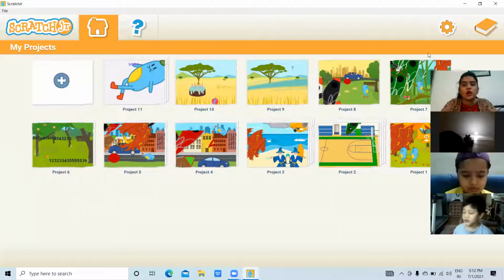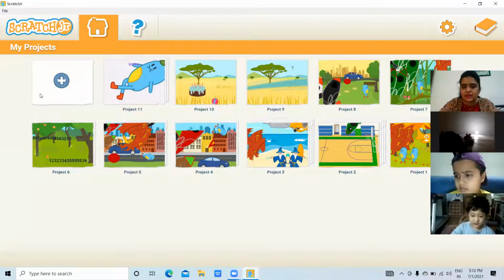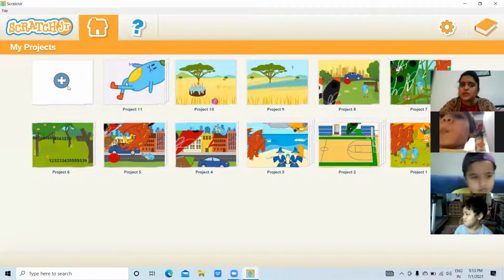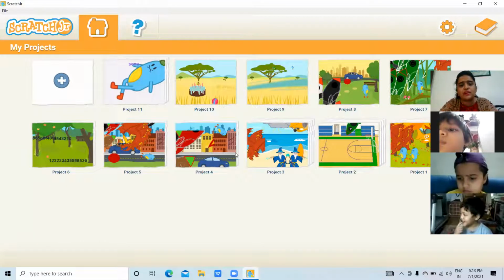We'll be working on a new project. We are making something new. So here I will click on this plus sign. Everyone can see the very first sign, the plus sign. Plus sign means we are creating one more project. The rest here are the projects that I have already worked on.